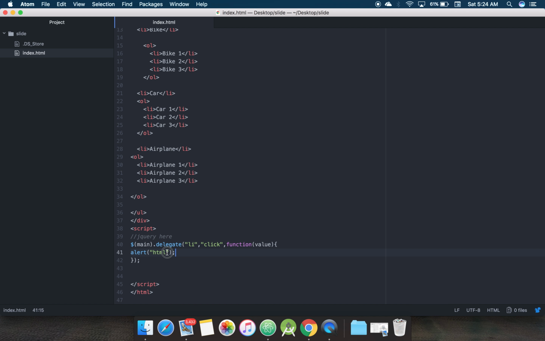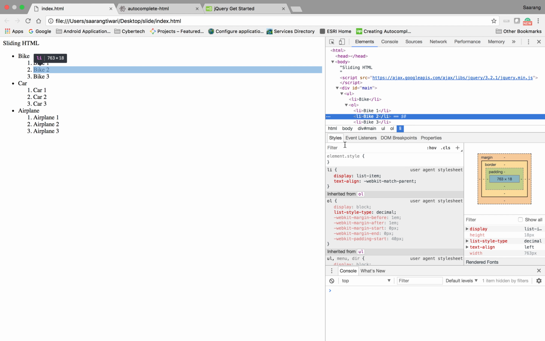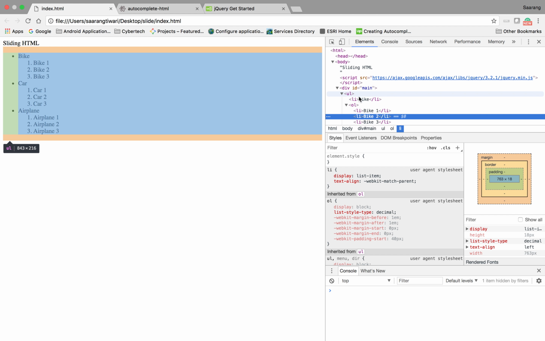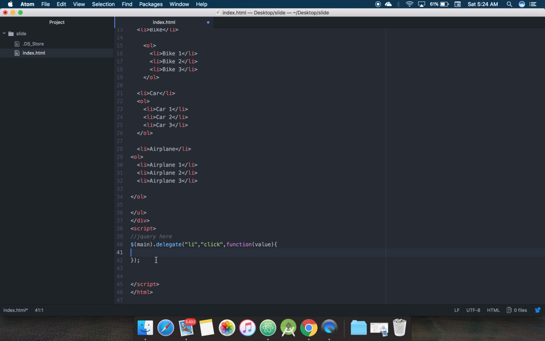So let's proceed further. Inside our value, I have to get the child. If I click on bike, I need its child, which is an OL, which we can see like this. The child of bike is OL. I need to make it slide up. So let's do one thing. I'm going to create a variable for that. Parent equal to, oh, maybe we can call it child. It's going to be our child